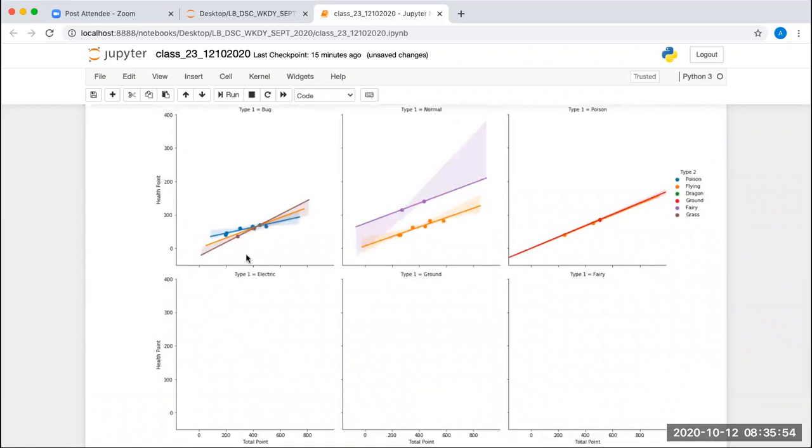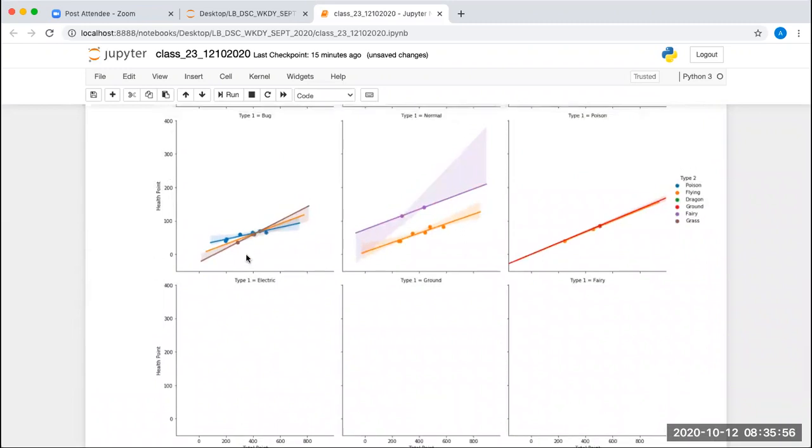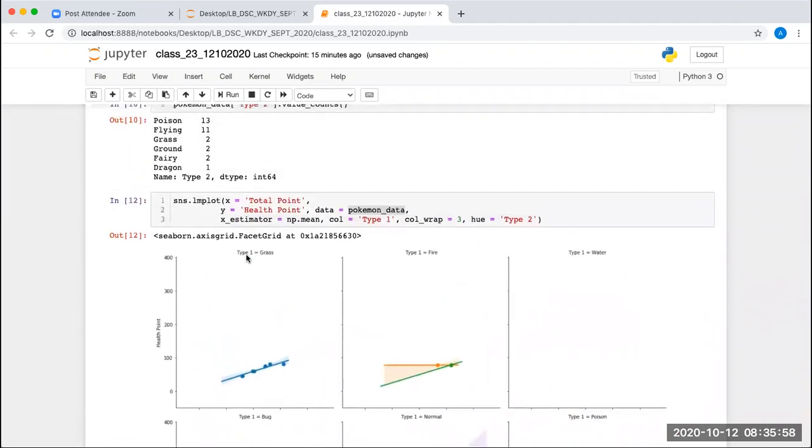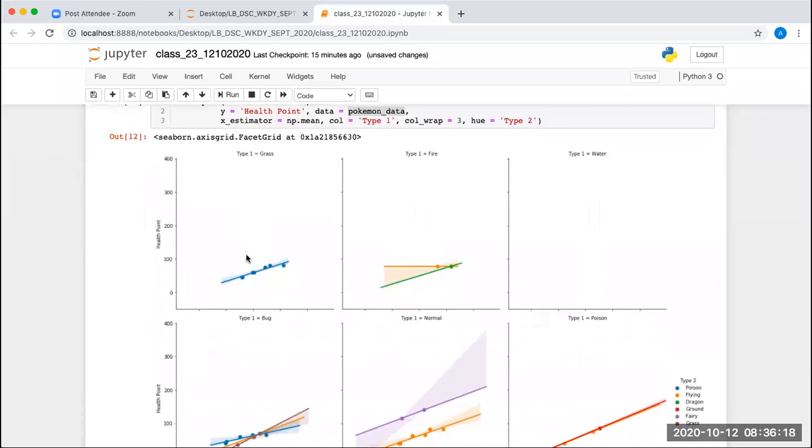Okay. So this is what you can get from this kind of plot, where you can add the column attribute. Now, column attribute is what? Based on every value in that column, you will be getting a different plot. And hue attribute is what? Adding the third dimension to your plot. When you are adding the third dimension, it will be taking the values.